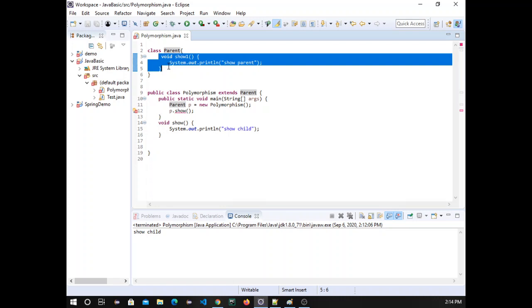So how can you call it? I know that at runtime we will assign an object of this class, and this class has a show method, so you have to call this one. But the compiler doesn't know which object you will assign at runtime, either the child object or some other object.